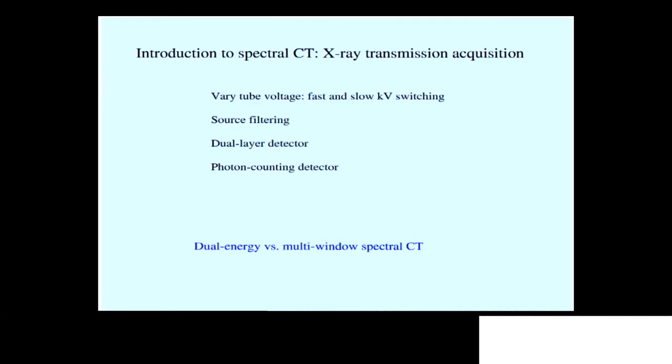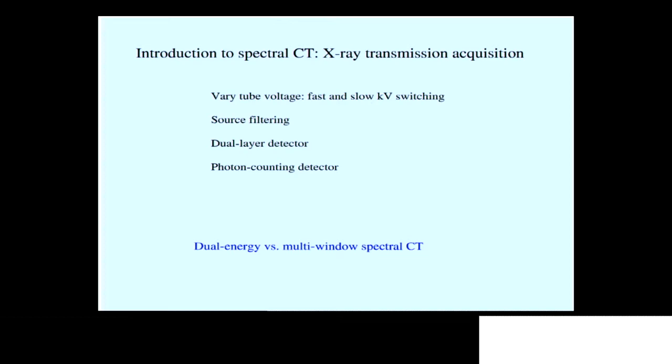So now this talk is going to be about spectral CT. So what do we do? What are we doing here? In reality, the spectra for CT across X-rays is quite broad. We do not have monochromatic spectra. And we can exploit this to get some spectral information of the object to help us determine more physical properties